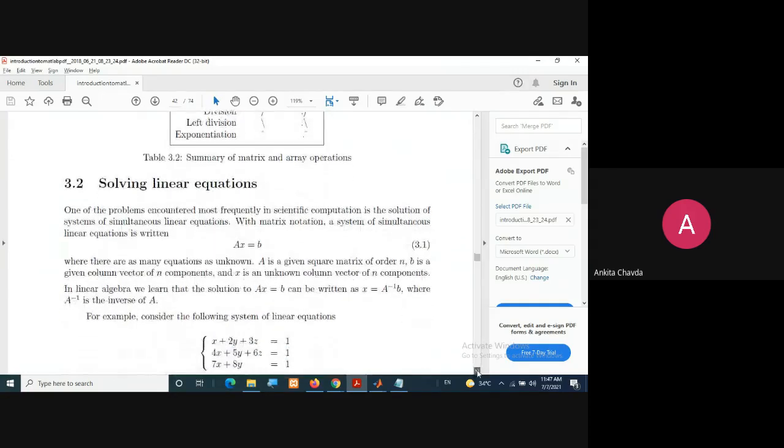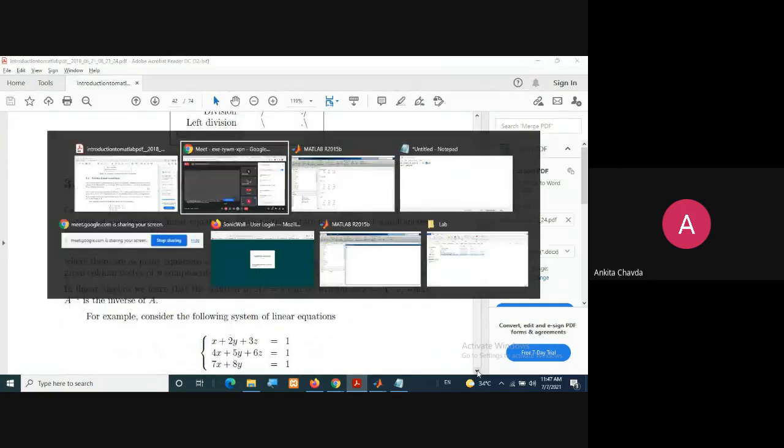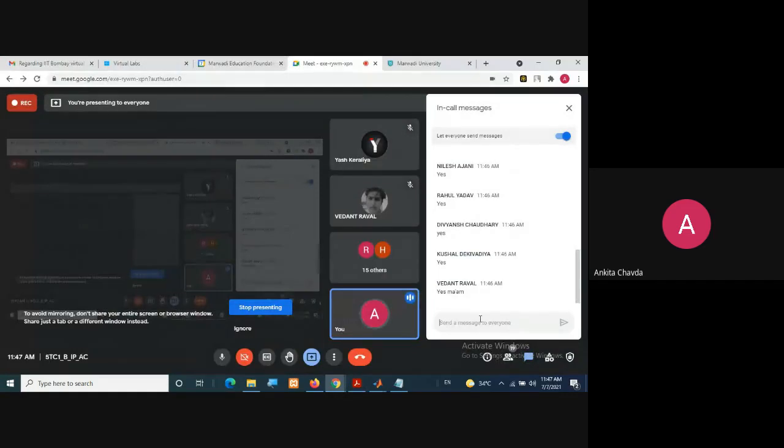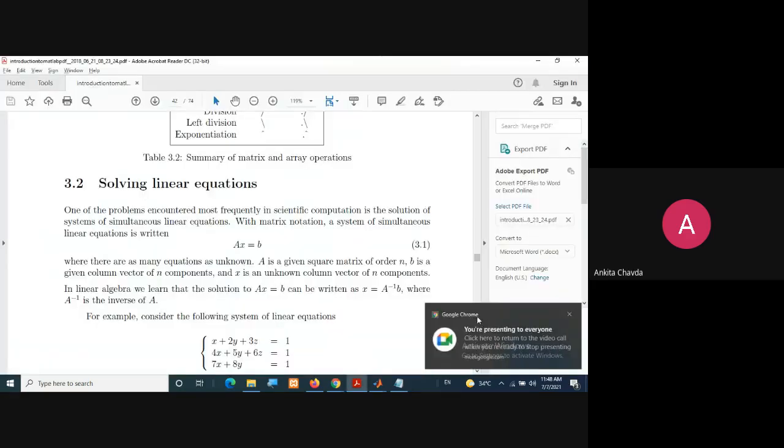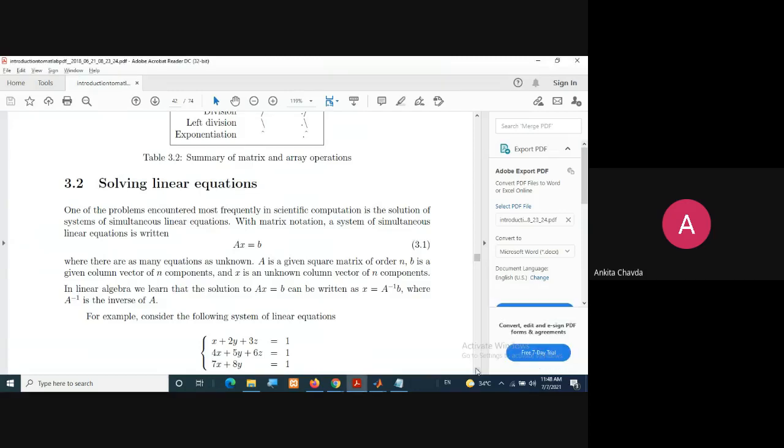Now, solving linear equations. For this, do you remember what the left division and the right division are? We have already done this in our theory session. I hope you already know this. So how do we solve these linear equations?